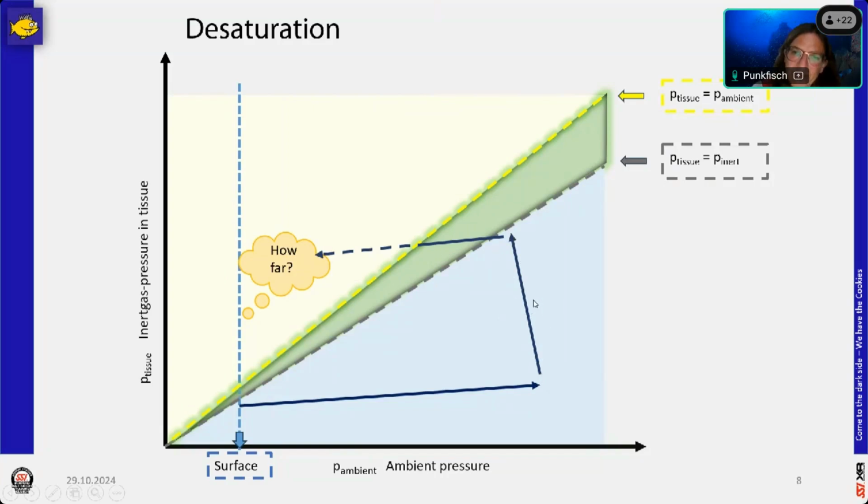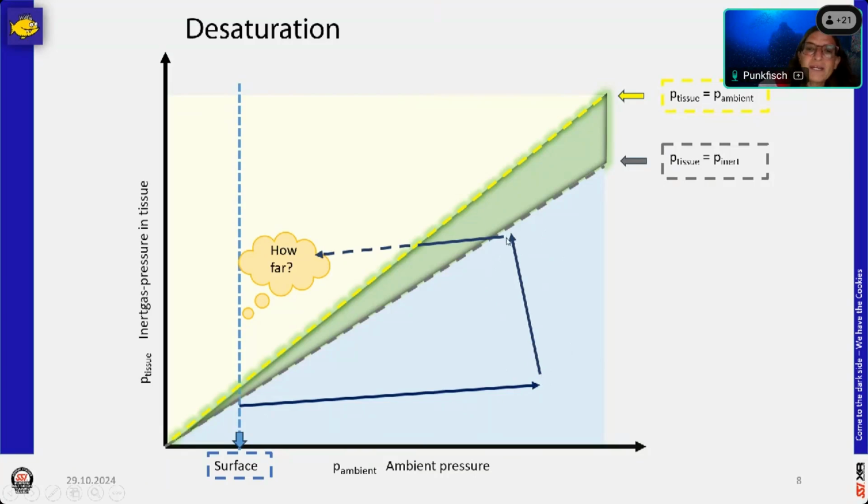From here to here might be one half-time, but then there is another half-time, another half-time until we reach this point. It starts fast and gets slower and slower, just as we remember from the saturation curves. At first there is a big difference between the ambient pressure and the tissue pressure, so this tissue saturates faster in the beginning and then slower and slower and slower. So there's no linear time in this. It's just the saturation getting higher and higher and higher